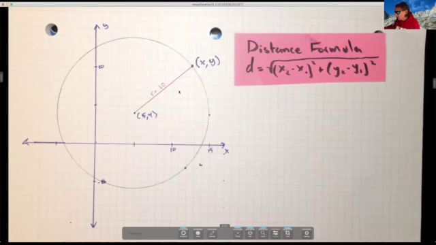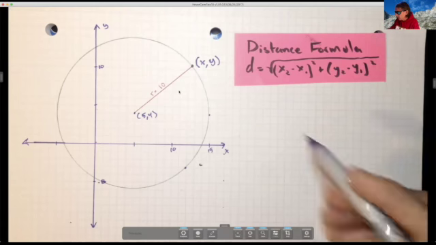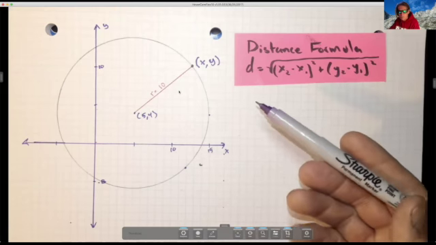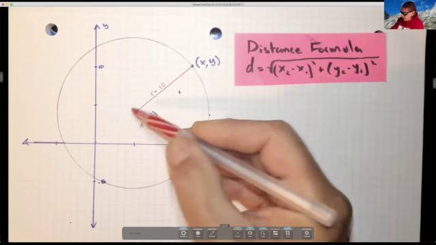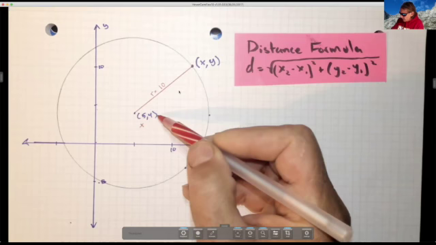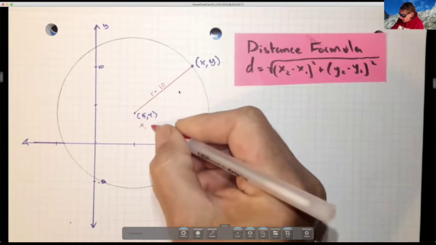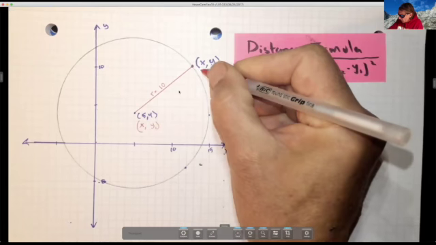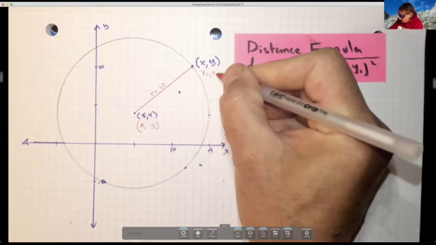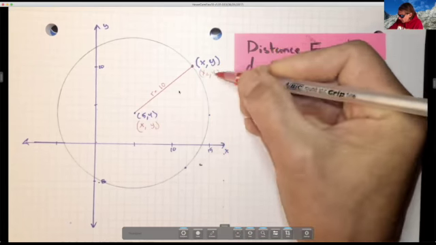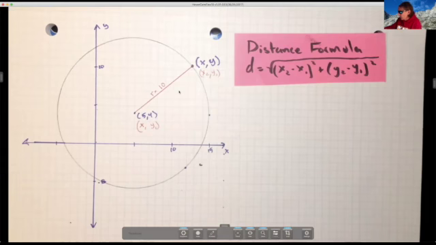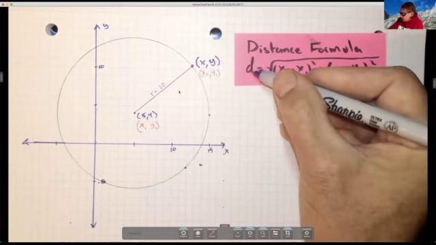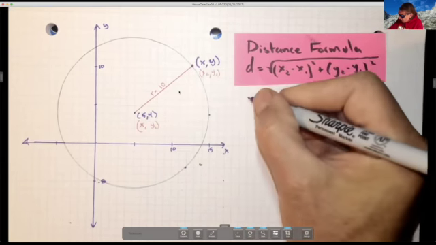Here is the distance formula. So if I just plug in my different values for the distance formula, I should have an equation of this circle. This point right here is my x1, y1. And this right here, I'm going to call x2, y2, even though that's a particular point, but I'm going to use variables. So when I plug this in, I'm going to plug in for the distance, that's the radius,